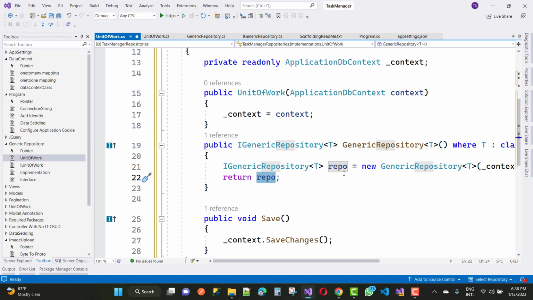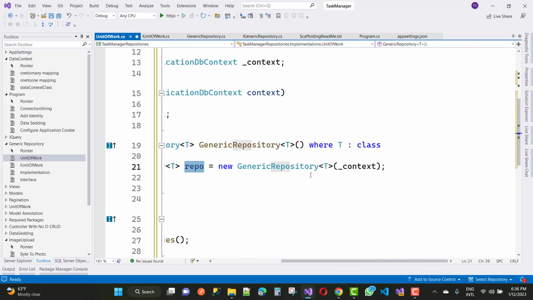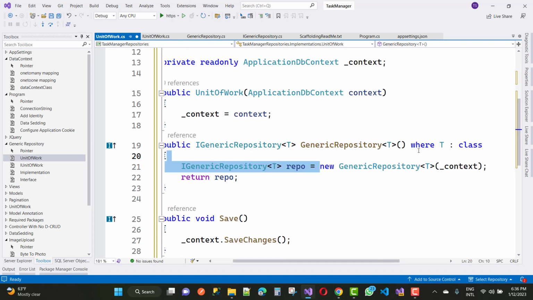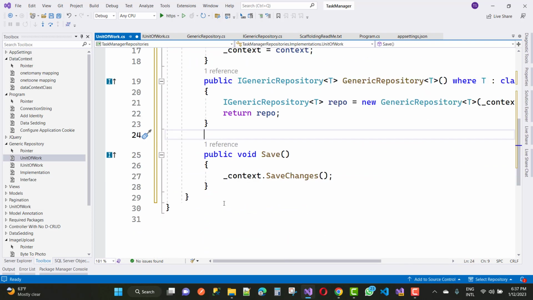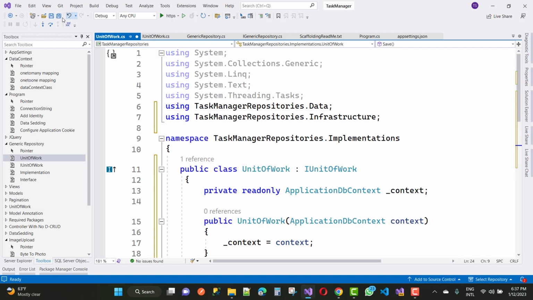Okay, that is written. Okay, the method name is GenericRepository, but written is IGenericRepository of T. So here we have a GenericRepository repo, and initialize that with the new GenericRepository of T with the context. So SaveChanges is context.SaveChanges. So finally, in the later session, I will use unit of work for your basic CRUD operations,